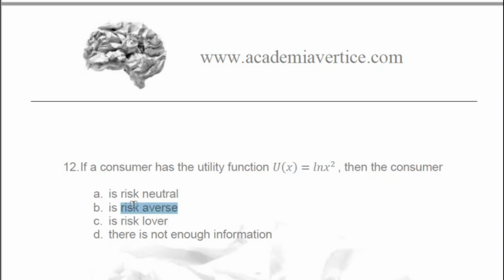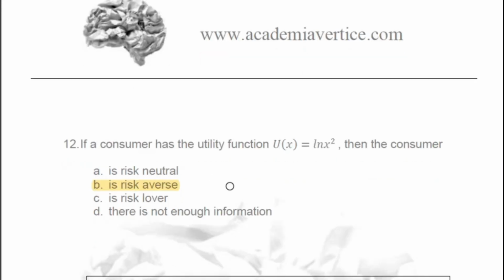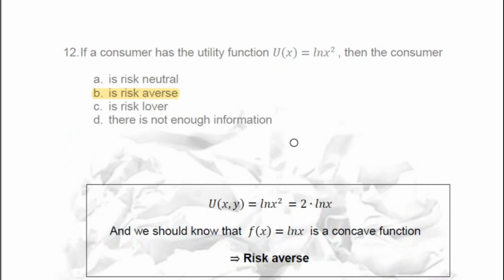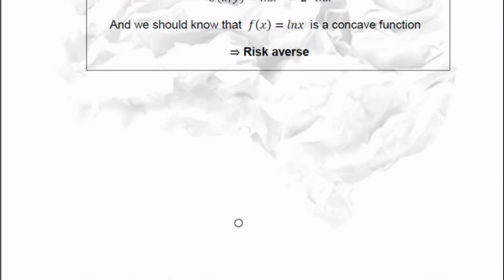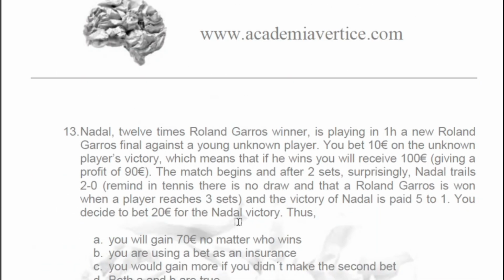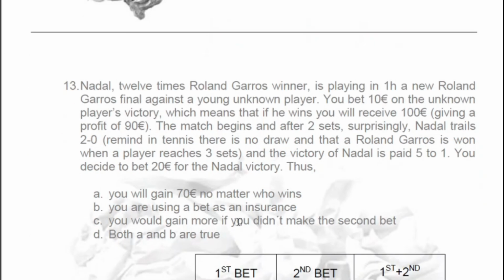We should know what the graph of the logarithm of x is, okay? So if we don't know, we just differentiate it twice. Here it should say just x, no xy, okay? Then risk averse, clearly. Well, Nadal, 12 times Roland Garros winner, is playing in 1 hour a new Roland Garros final